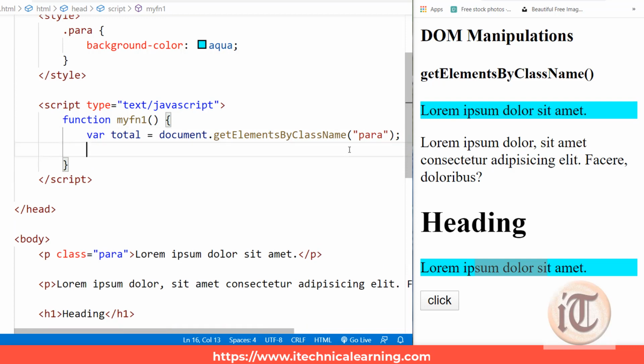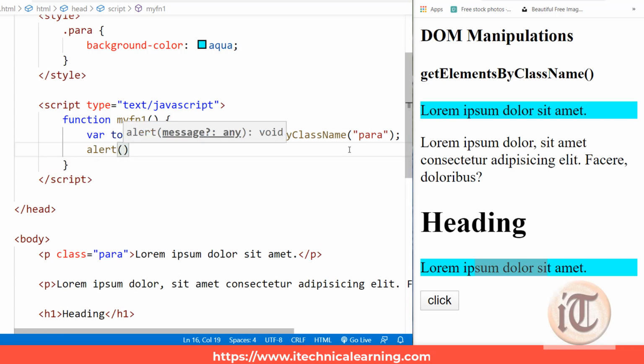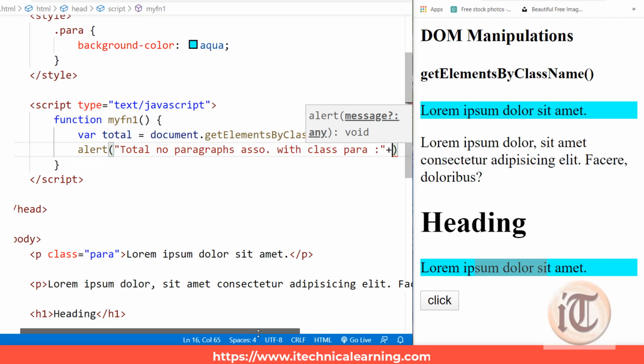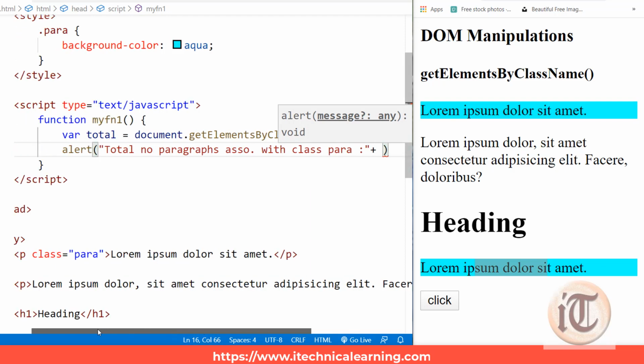Now I want to print how many elements are associated with the class, so I'll say alert, the total number of paragraphs associated with class para, and concatenate it with the variable I have taken here, total.